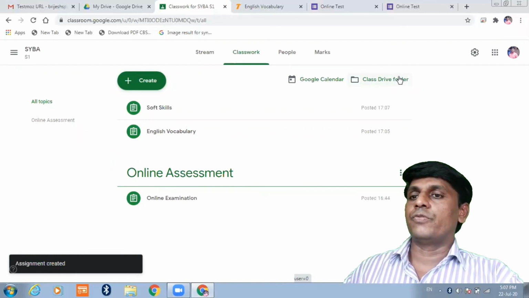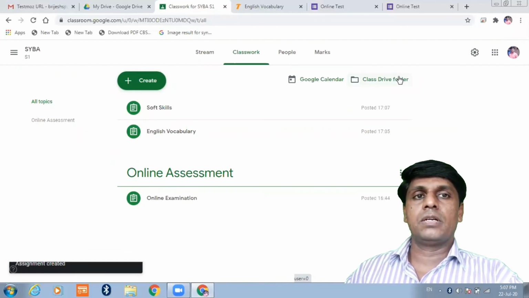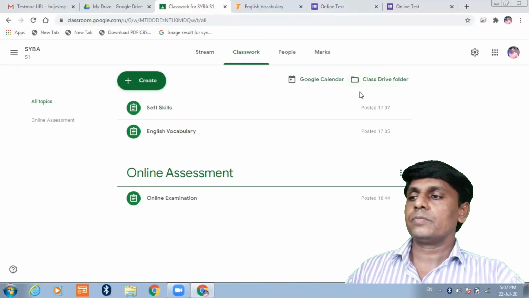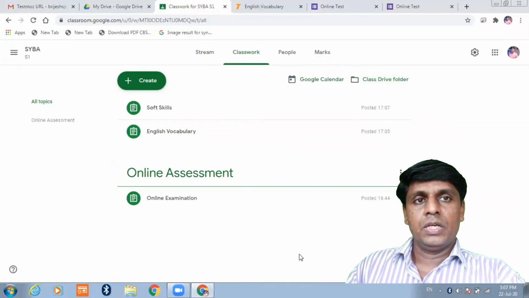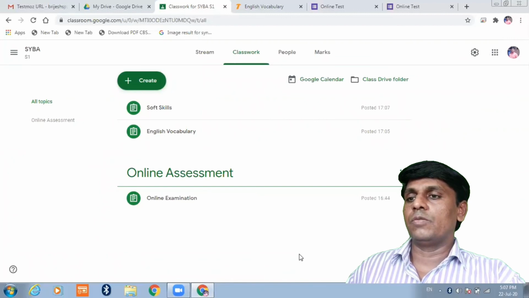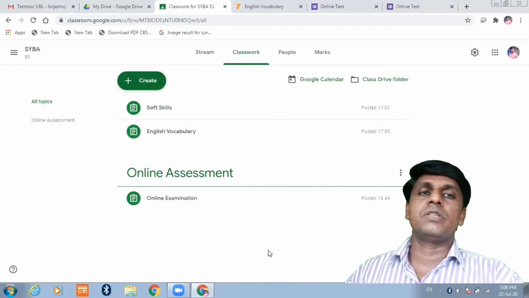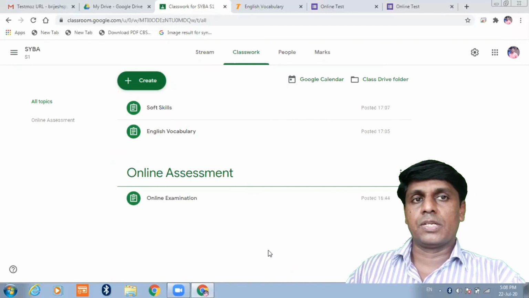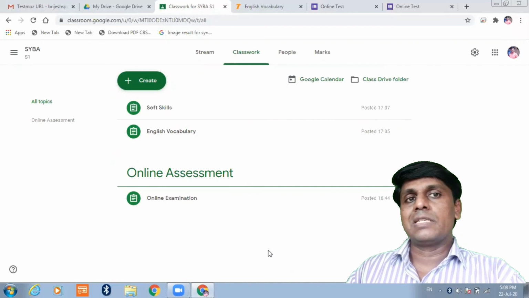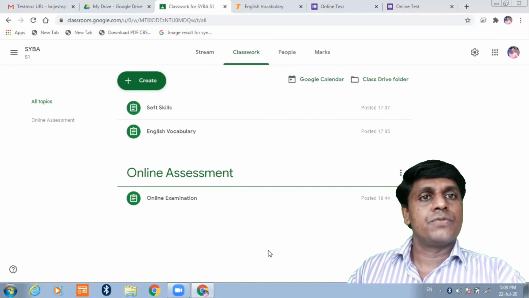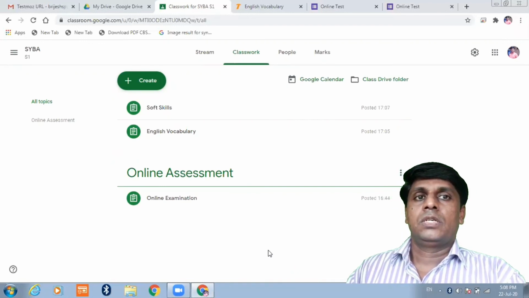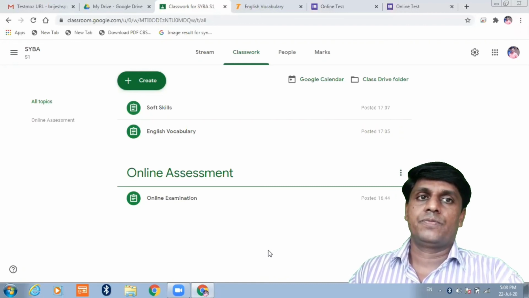So in this way you can make your Google Classroom and teaching and learning of Google Classroom interesting. And these are most of the features of Google Classroom we discussed in four sessions on Google Classroom.